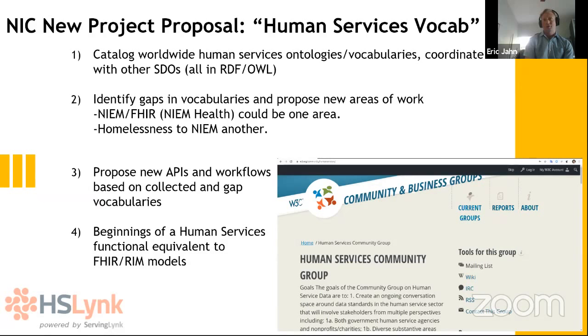We've grown up. The world has continued on with ontologies and vocabularies. A lot of it's not even health or human services. It's stuff for provenance, stuff for vCards, just all sorts of utility stuff that can be brought into our health and human services vocabularies and extended from there. Does that answer your question or comment, Greg?